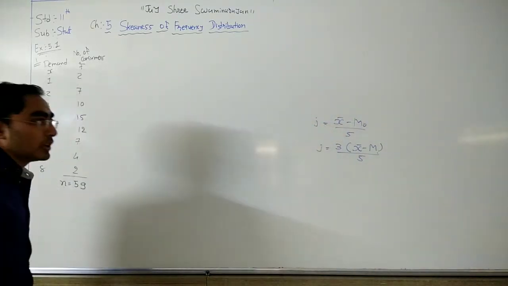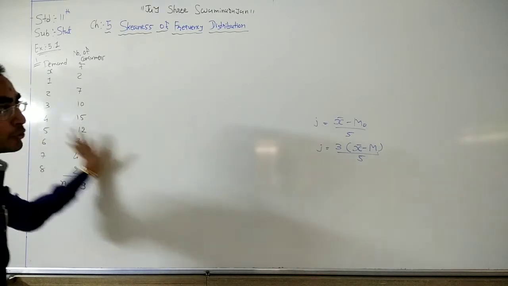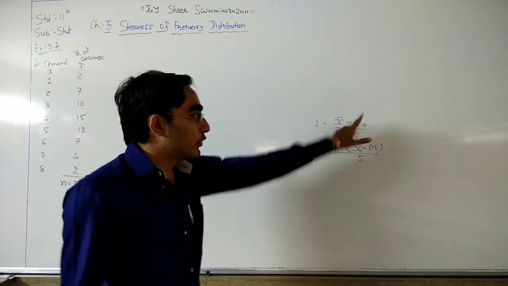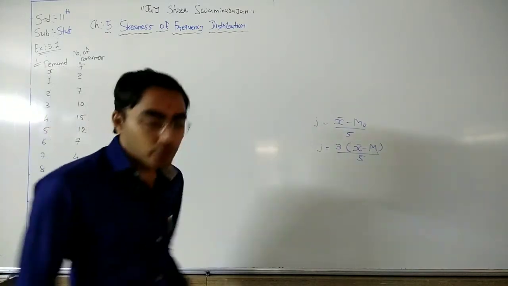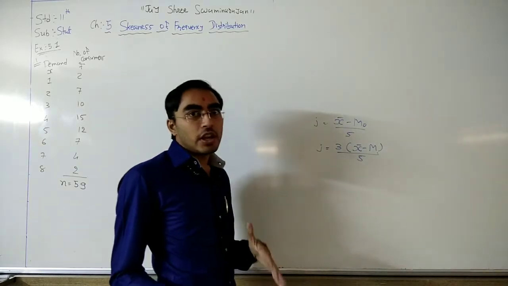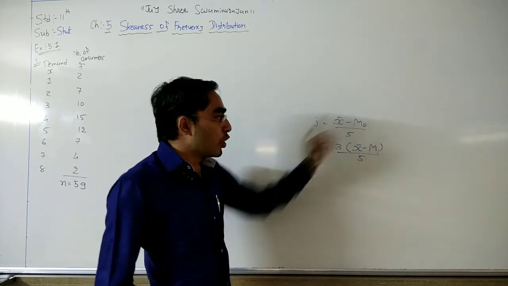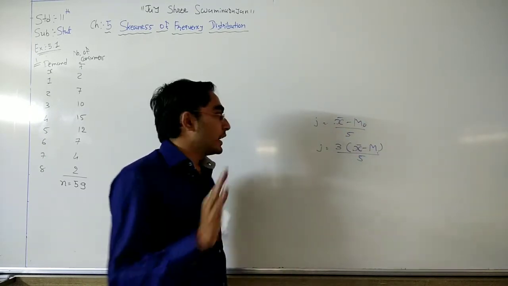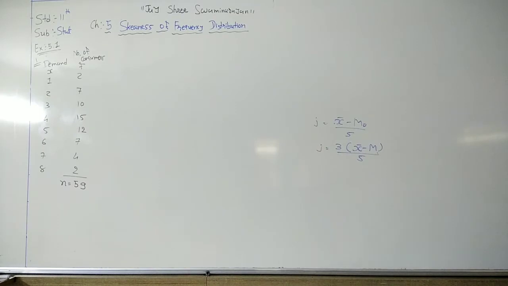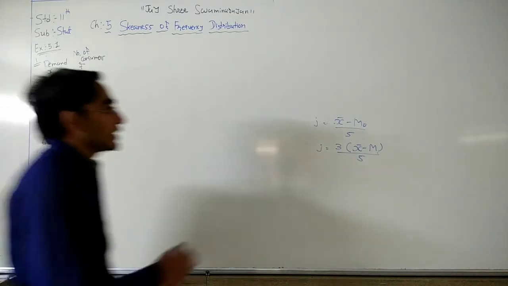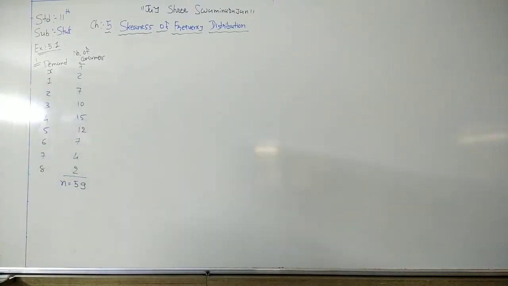Here, just look at this table. Here mode is defined. There is no issue to find out the mode. So we need to use the first formula, x bar minus mode divided by standard deviation s. For finding the coefficient of skewness, we need to find three values: mean, mode and standard deviation s. So first of all, just start with the mean, mode and standard deviation. After that we use this formula for finding the coefficient of skewness.